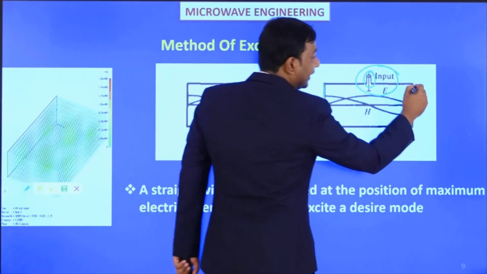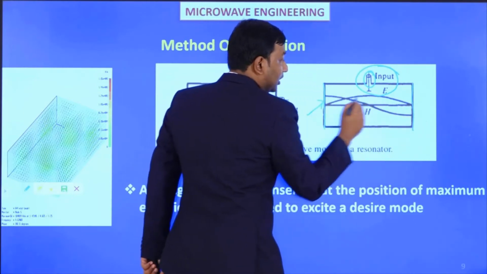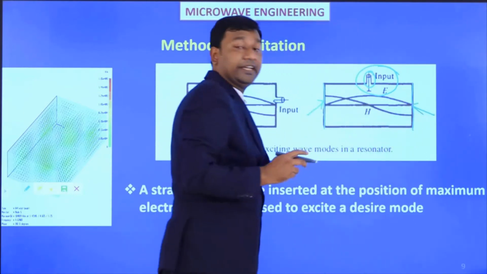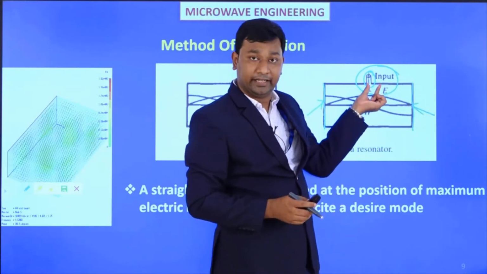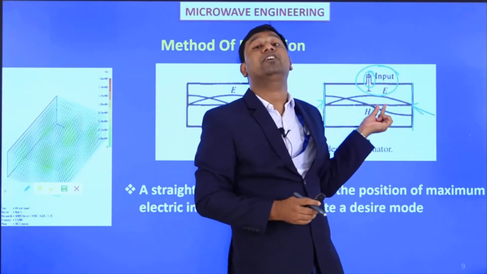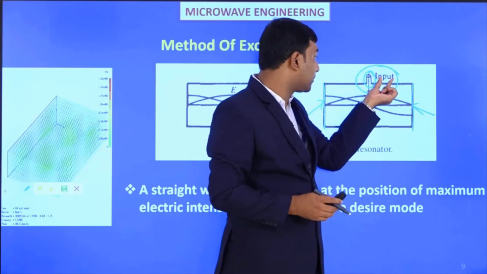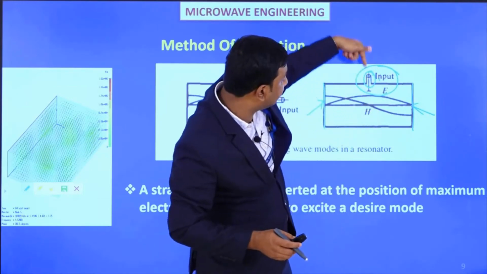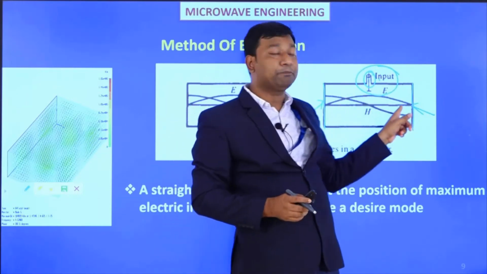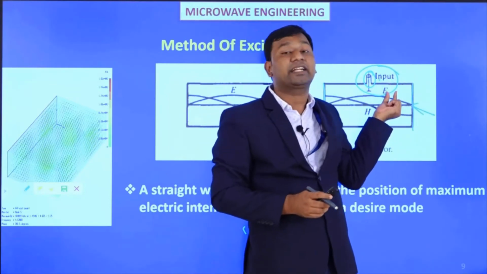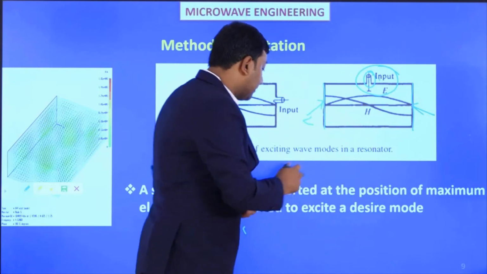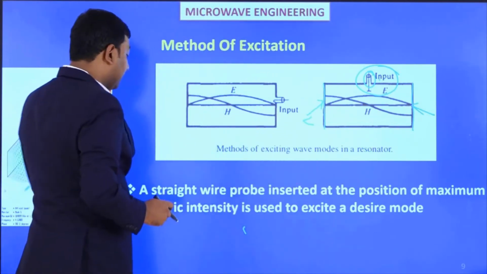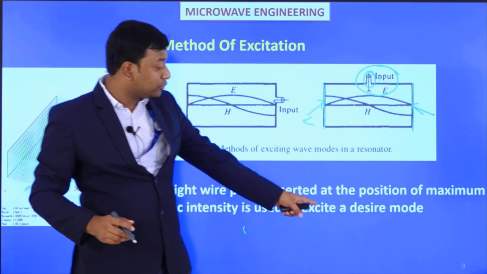Here both sides are closed by a metal plate. Now a probe is inserted to resonate that particular mode. The impressed signal should be matched with that particular frequency, then the maximum electric field will be there. So a probe is inserted at the position of maximum electric intensity